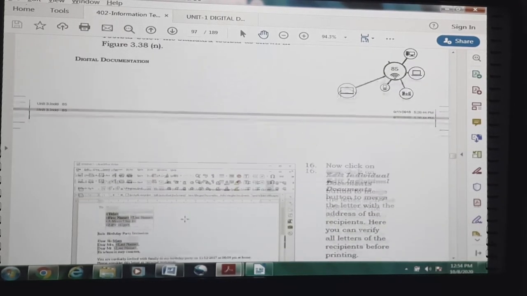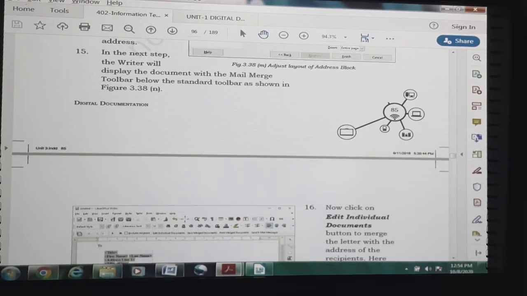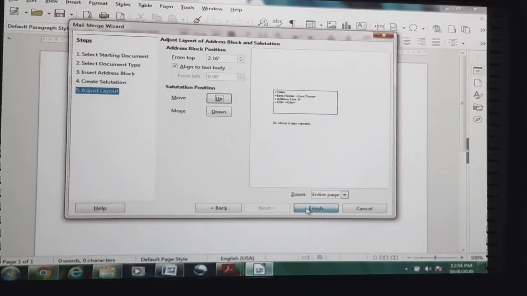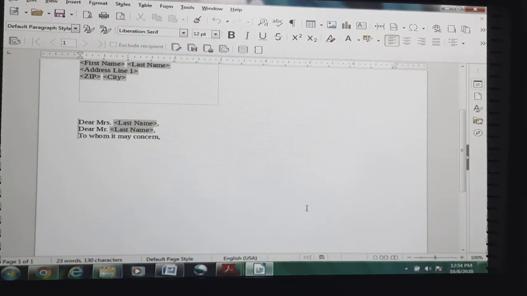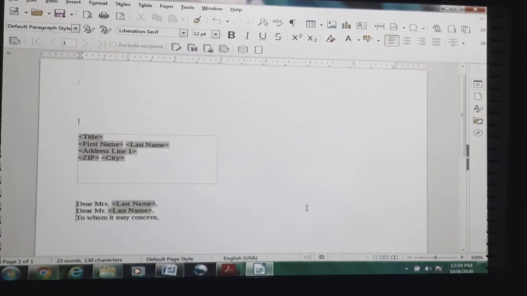Then in the next step, the writer will display the document with the mail merge toolbar below the extended toolbar as shown in figure 3.8, and so you finish. See here, our mail merge came into play. Okay, here by default these details are entered.